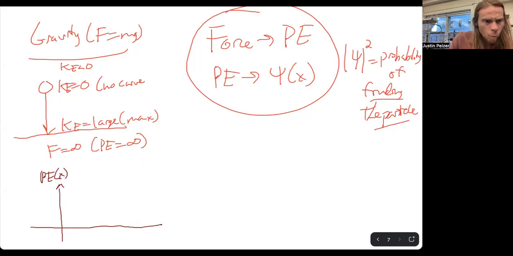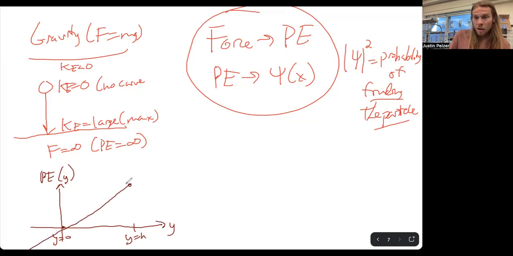And I guess we want it as y, although it doesn't really matter if we choose x or y. You can choose any coordinate you want. You can call it banana, but I'm going to call it y, right? And y on the x-axis I know is weird, but we're going to start at y equals h and end at y equals 0. So the potential energy starts off high, goes to 0, and then goes like that. It's a linear potential energy, right? Potential energy equals mgy,